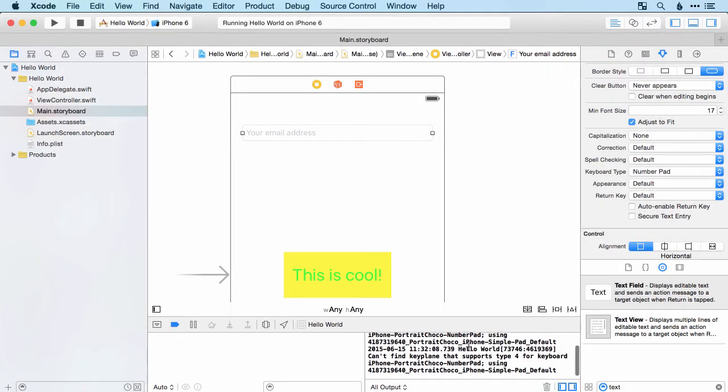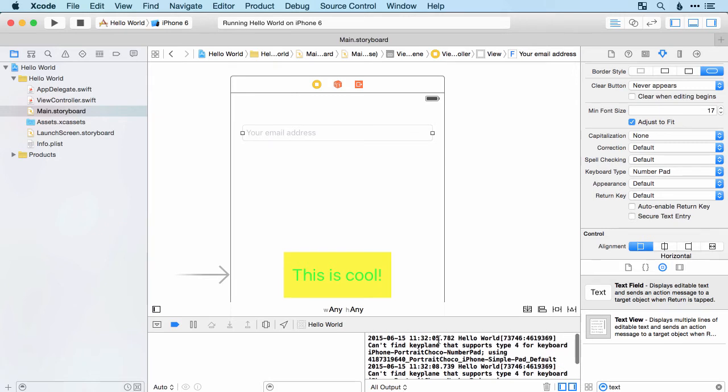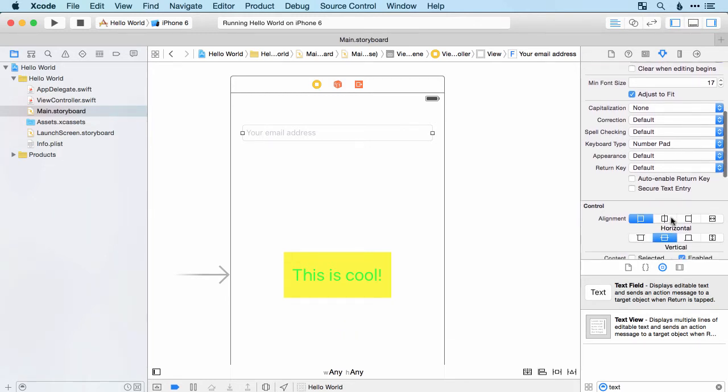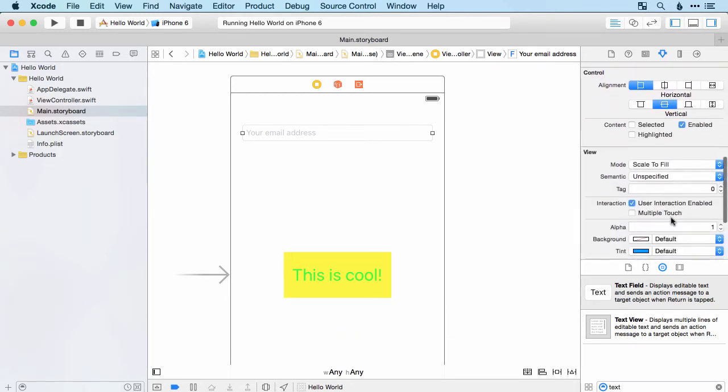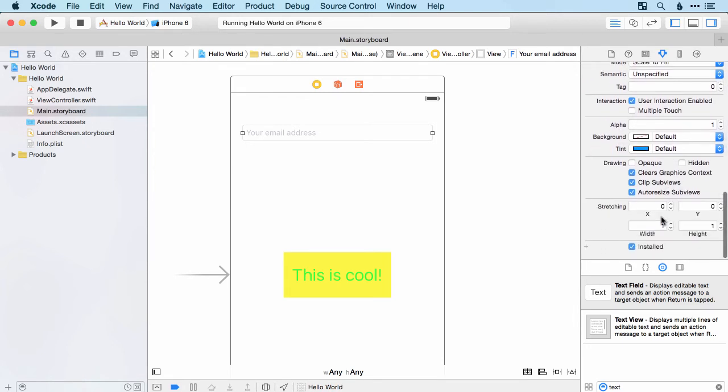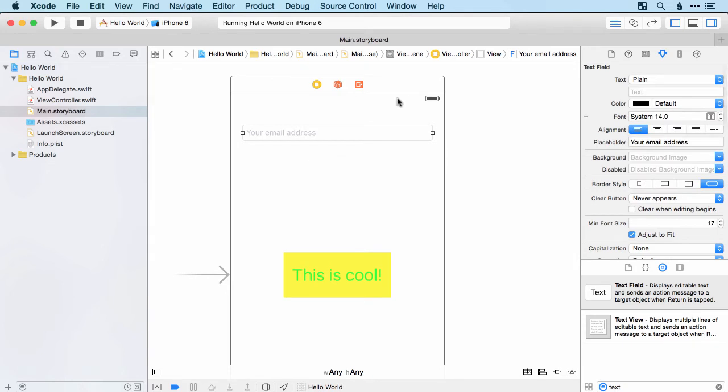You'll notice that for the first time we've had some messages here. I wouldn't worry about those. They may well not have popped up on your version of Xcode, but if they do, you can just ignore them. And in fact, we can make them disappear if we want to as well. And then we've got a few more options down there, our familiar alpha background, etc. But that's all I'm going to look at for now for text fields. So they're obviously extremely useful. The next thing we'll look at